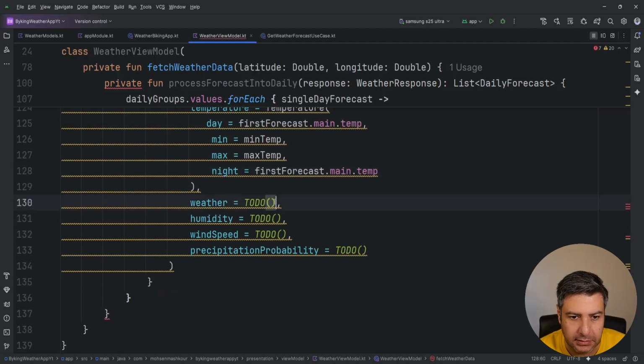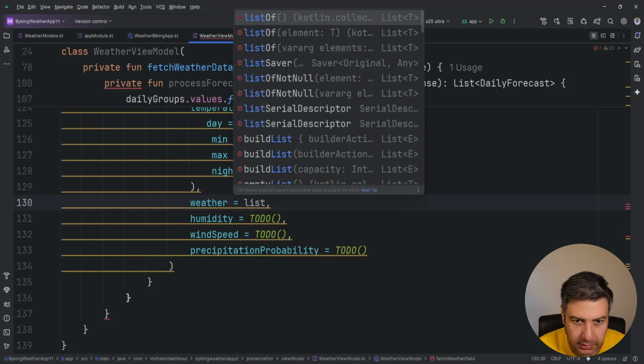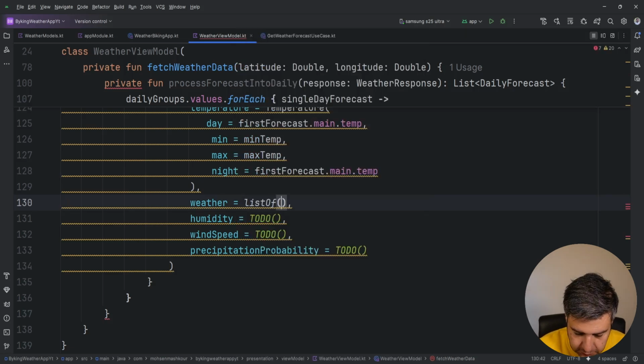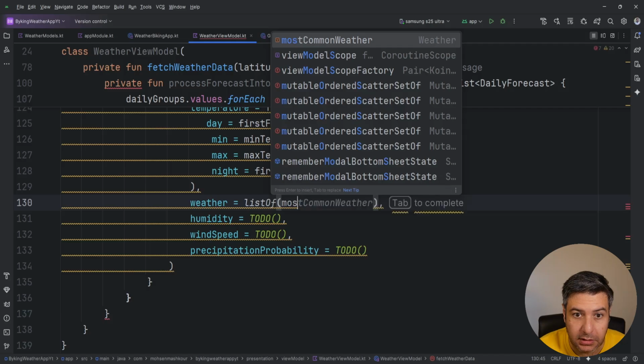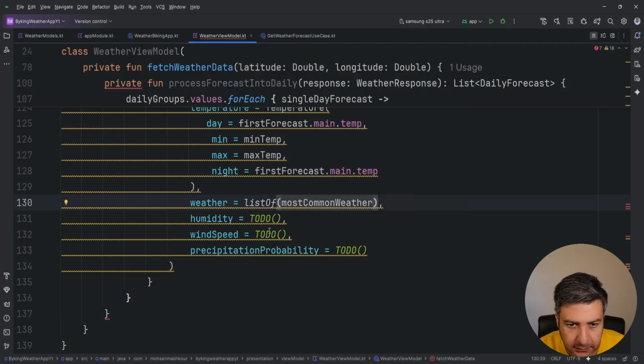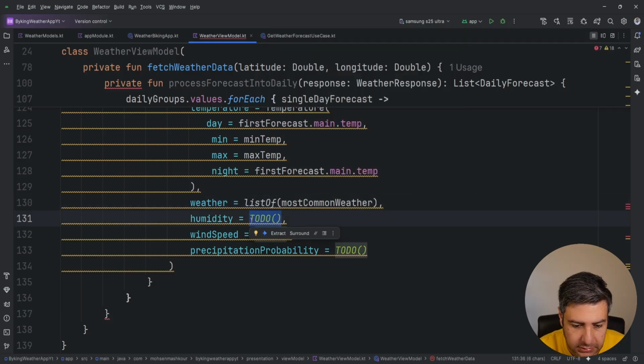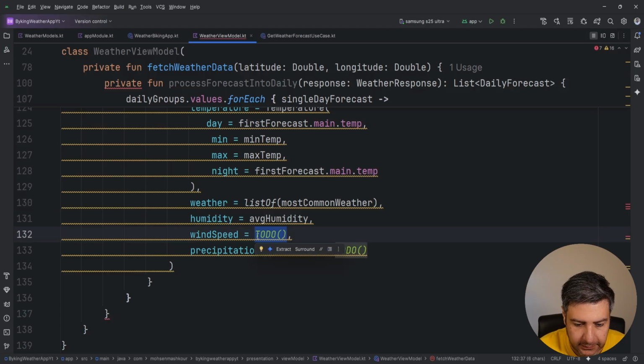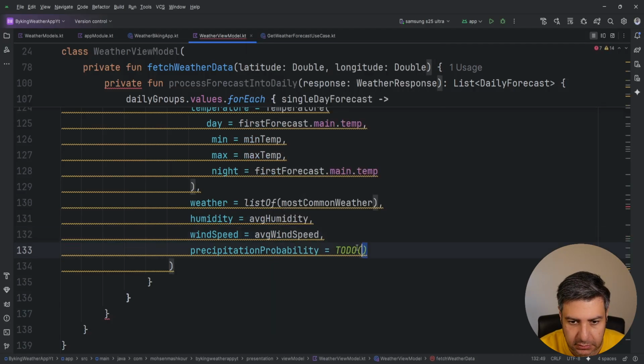Yeah, exactly like this. For the weather, a list of most common weather. For the humidity, the average humidity. For the wind speed, average of wind speed, and till the end